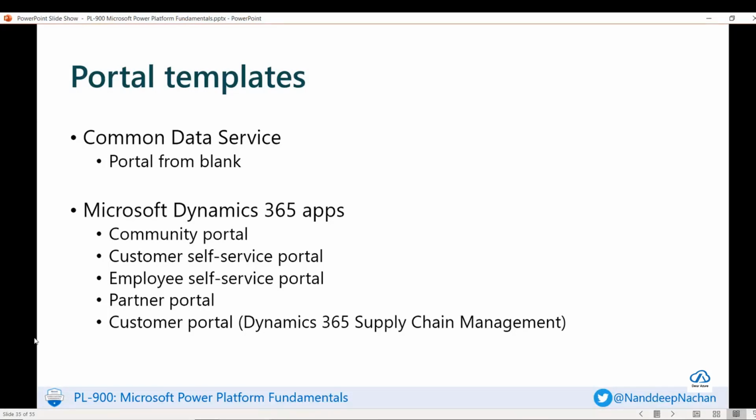Then we have a partner portal. So again, we can choose this option to build a portal where external partners can manage and collaborate on accounts and opportunities. And then there are a few add-ons available for Dynamics 365 Field Service, or even Dynamics 365 Project Service, for this partner portal. And then lastly, we have a customer portal, which is also referred to as Dynamics 365